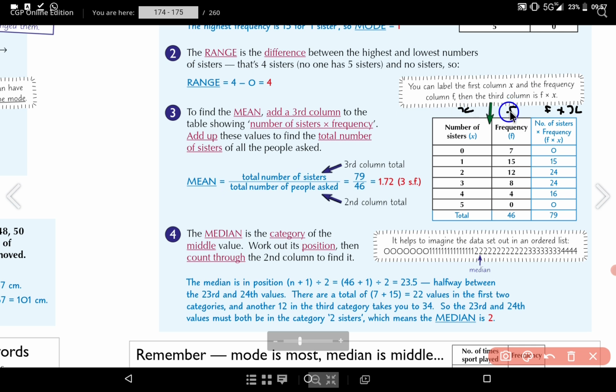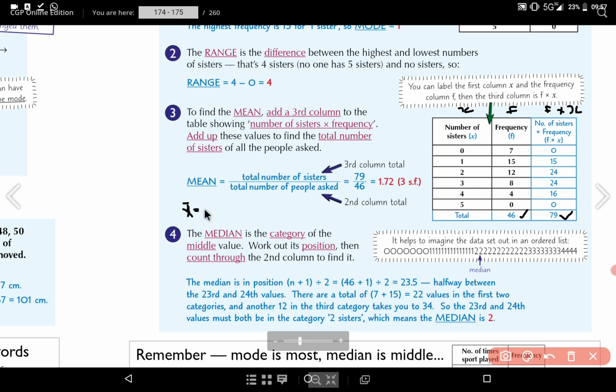So 0 times 7, that's 0. 1 by 15, that's 15. 2 by 12, that's 24. 3 by 8, that's 24. 4 by 4, 16. 5 by 0, 0. So you add the totals here, they give us 79. The totals of the frequencies here give us 46. So we usually say that the mean, which is denoted by x bar, is equal to